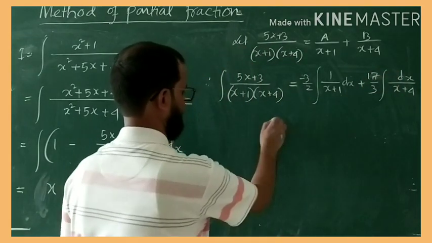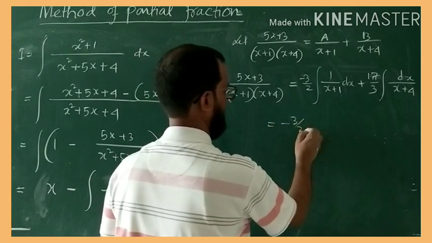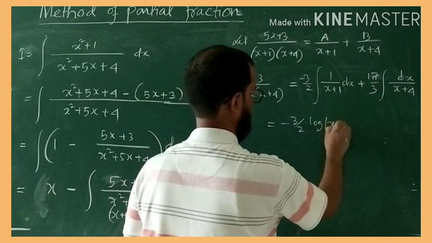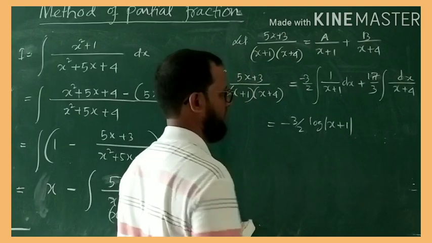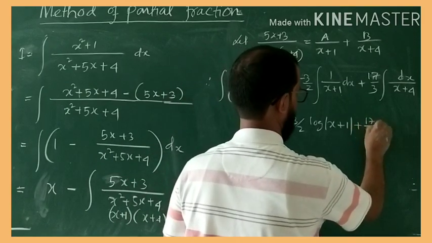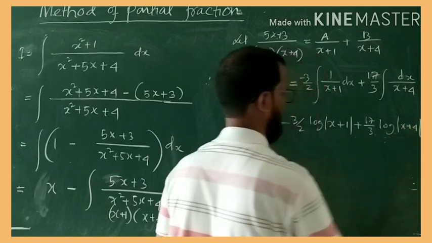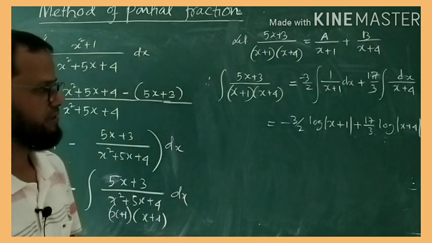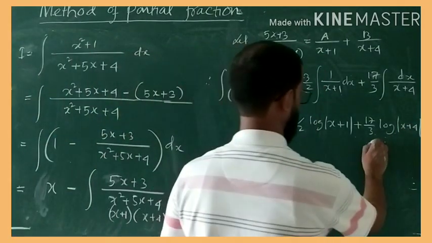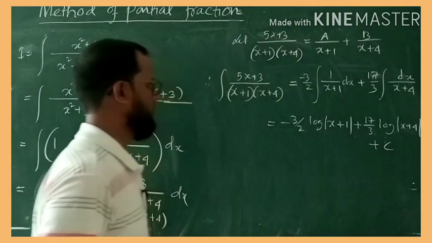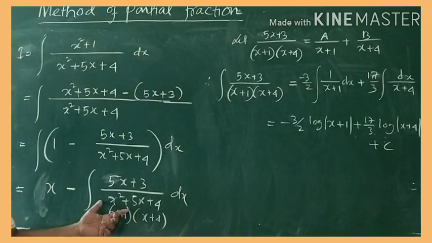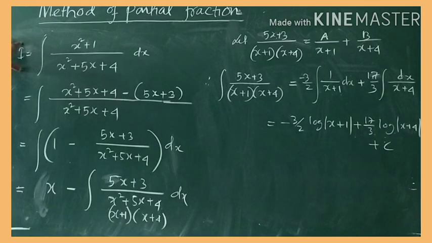Okay, so finally minus 3 by 2 log modulus x plus 1, and this is 17 by 3 log modulus x plus 4. Okay, so this is the final, add the constant c. Finally you add the constant c. So this is the value of this integral. Your original integral is what? I. You have to find I. Therefore I equal to